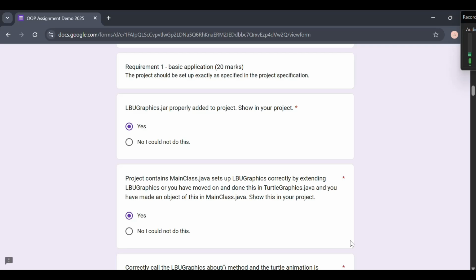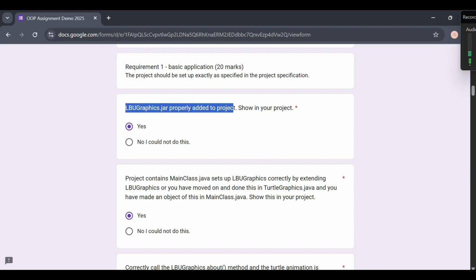Hi everyone, my name is Ayushree Singh and I'm a student from the British College, and this is my final project of turtle graphics for the OOP module. Today I'll walk you through all the requirements while showing you the code and the program in action. So let's start with requirement number 1,